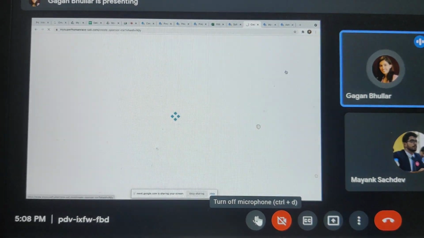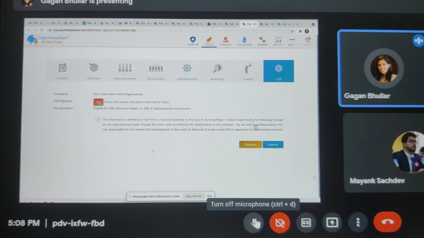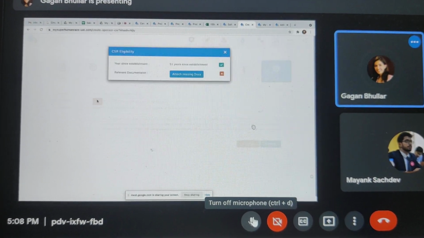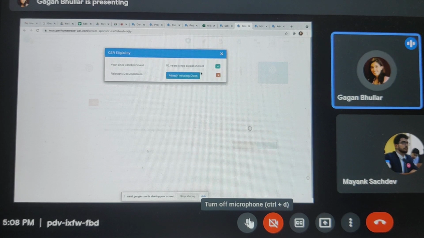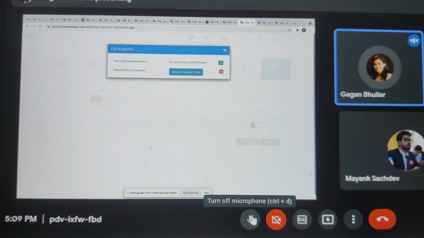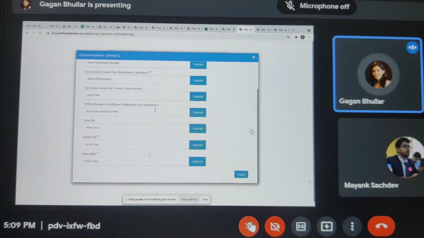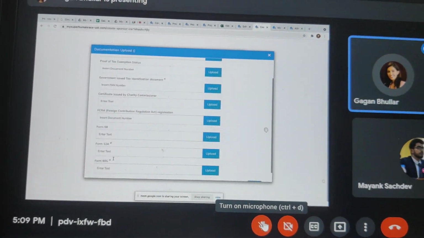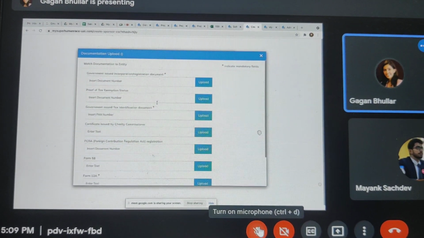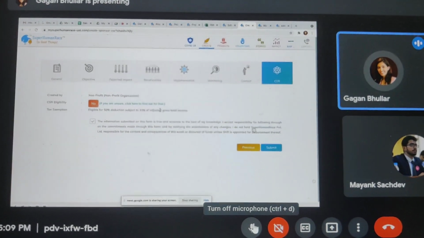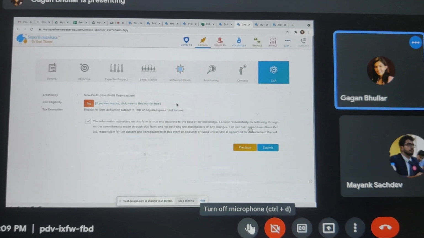And then I was telling you that if your project is not eligible for CSR, so here it says CSR eligibility, no. If I click on this, it actually shows me what is missing. It says that my relevant documentation is missing. And then if I go here, it shows me which mandatory documents are missing. So it looks like all mandatory documents are missing. So if I update all of these and they get verified, then I will be eligible for CSR. Okay.